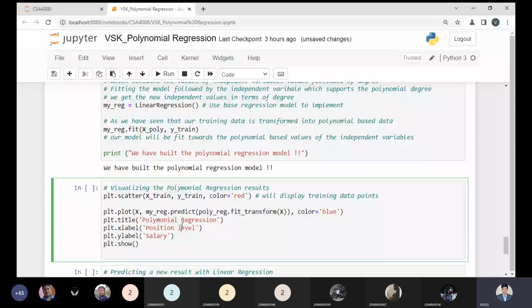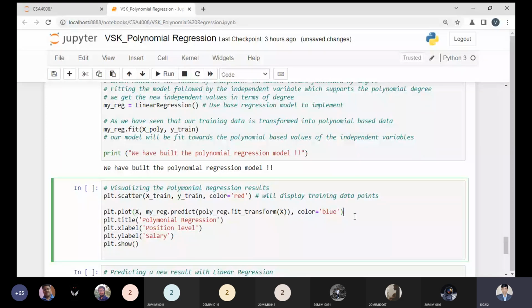Just let me write correctly. Okay, no, I have to pass the x only because I'm plotting the line toward the actual data points.